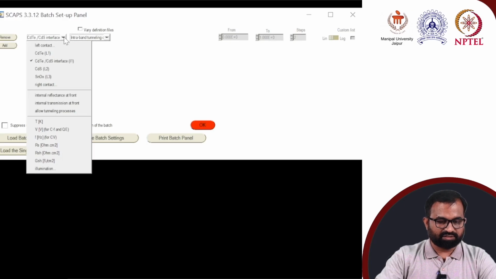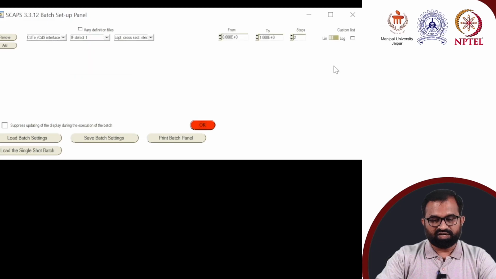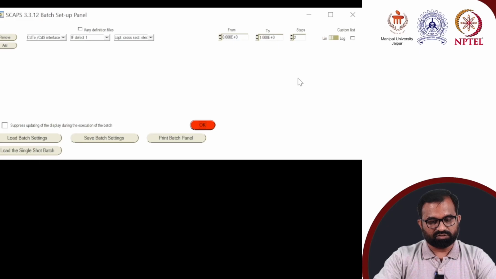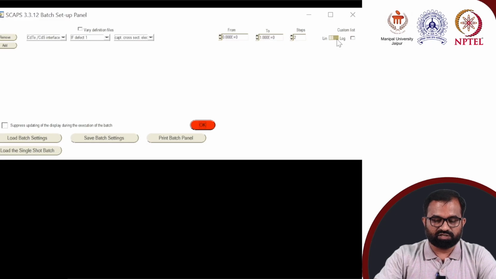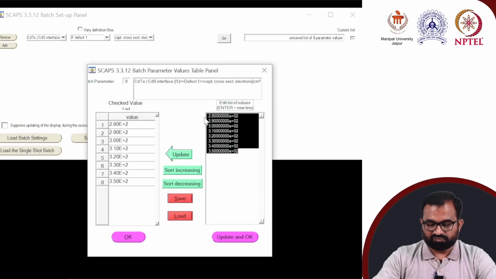So by selecting the interface defect, we have to set the range of the value for which we need to see the effect. There are two ways to define that. Either we can define from and to, the number of steps, and its variation, that is log variation or linear variation, and it is a better way to define it in terms of a list, right. By clicking on Set we can find the window where we can set the list of the